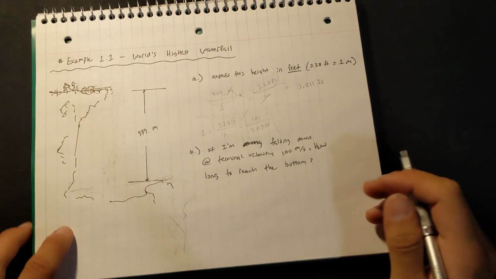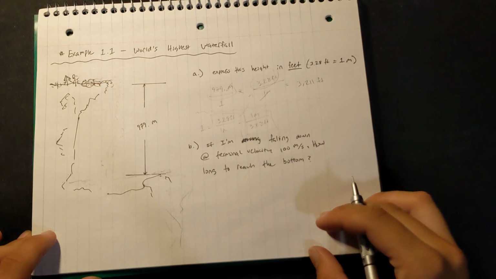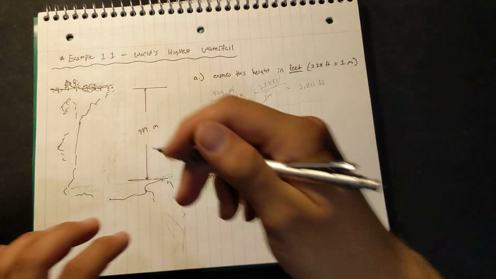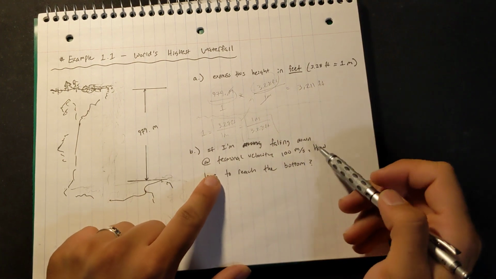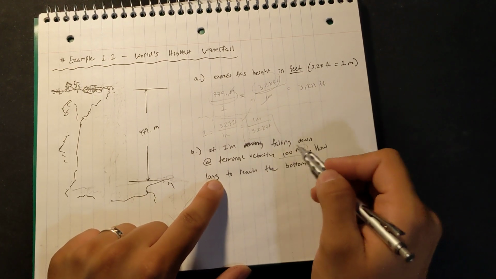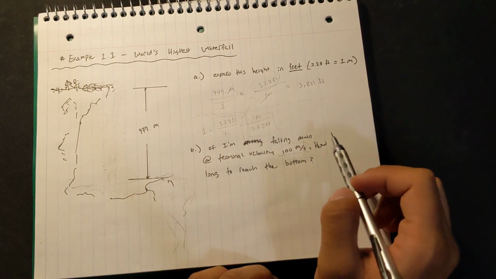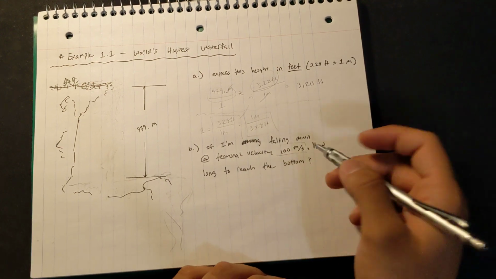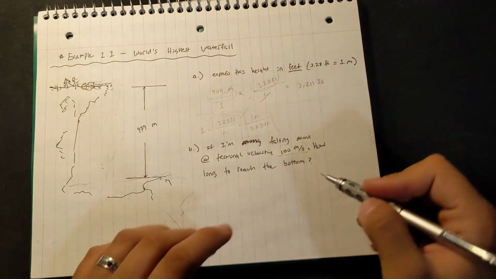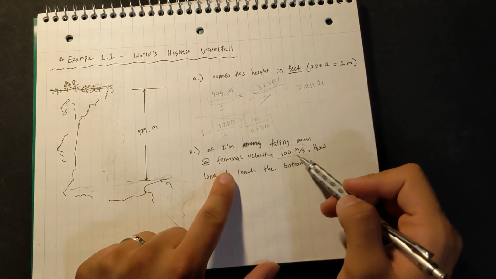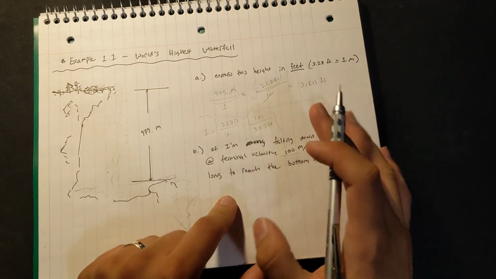And this is where units become very useful, because it turns out if we know the height, we actually know a bunch of different stuff. In this case, it says if I'm falling down at terminal velocity, and terminal velocity is much lower than this, mind you. I just chose a nice number to give us a good number for our answer. But if I'm falling and I'm somehow going 100 meters per second, which, for the record, is